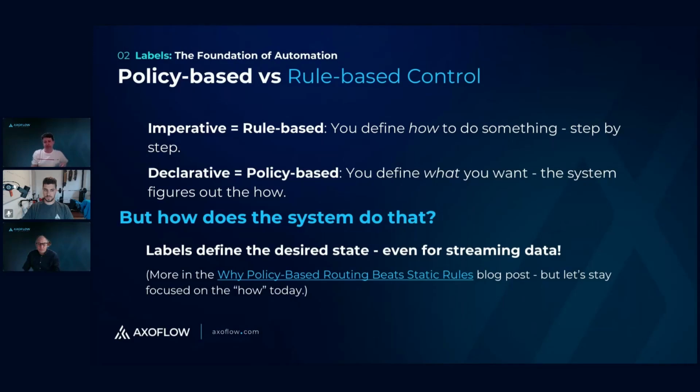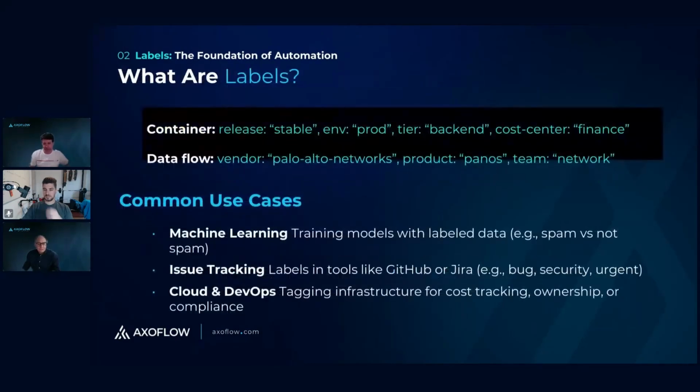And without going into very specific details, it really is important to describe the what, the objects, the resources in a system like this. And that's how we can apply our policies later on. So what are labels? I mean, labels are everywhere, and we are using them day in and day out. If you look at those two examples, containers and data flows, a container example would be something like in Kubernetes or a cloud environment where we associate context, we associate information to our resources and IT infrastructure,